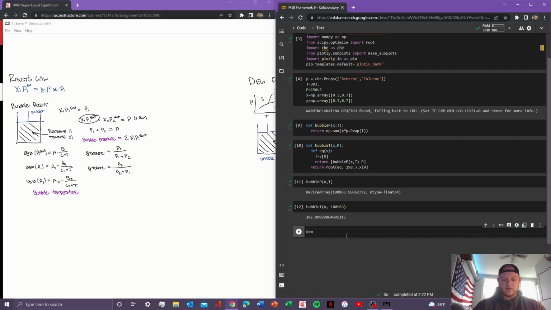Now let's move on to the dew pressure. Now that is in terms of the gaseous mole fraction, the vapor mole fraction. This is going to be very similar to up above, except you have to define it first. Except this time it's going to be 1 over,